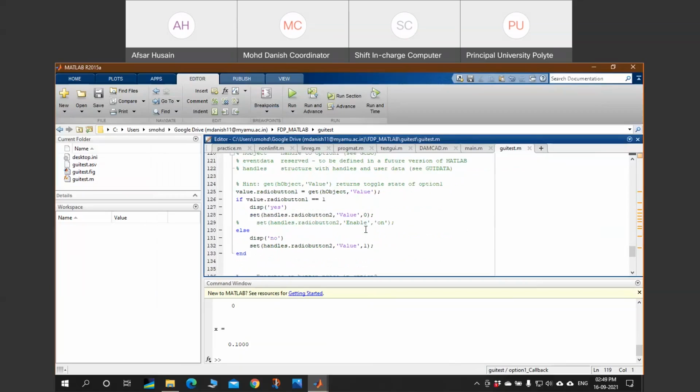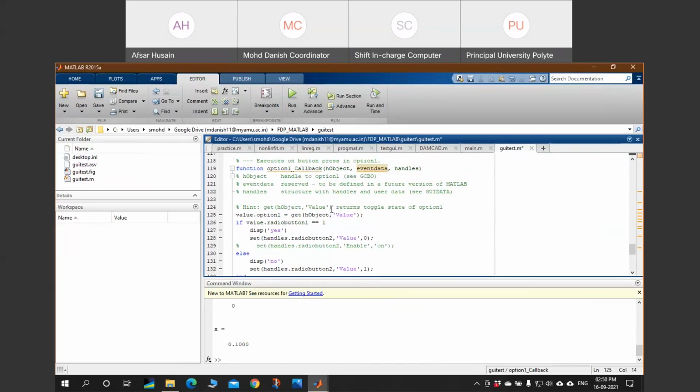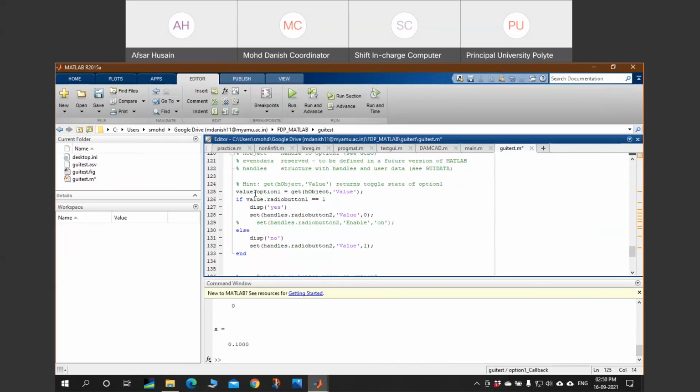Now in my option 1, what I have provided is a structure named value, and within that structure there is a variable named radio button 1. Let me rename it option 1 to make it simple. So here is a variable, value.option1.